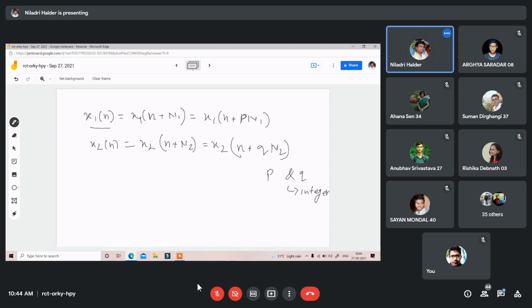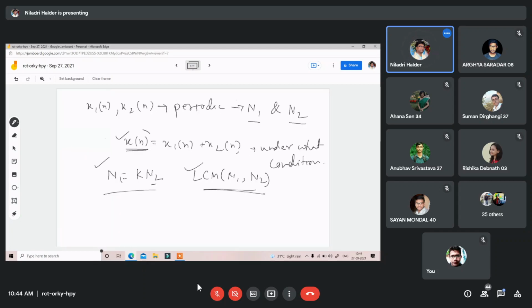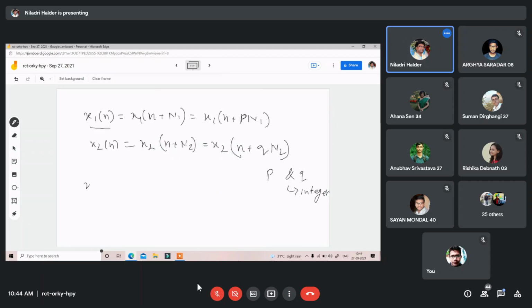Okay. Now the equation xn you have. You have to prove that xn is periodic for a certain condition. So if we consider that xn is periodic, then what can we write? xn plus N, xn equal to,